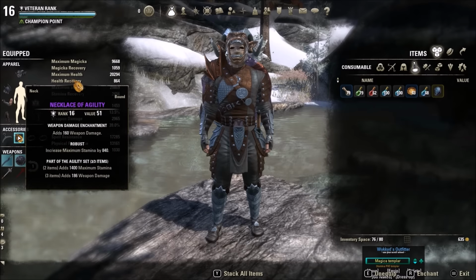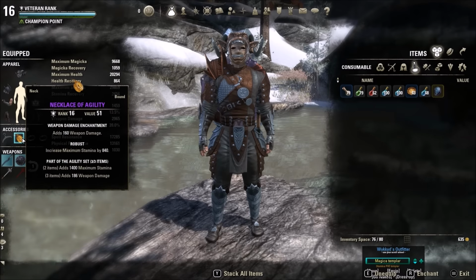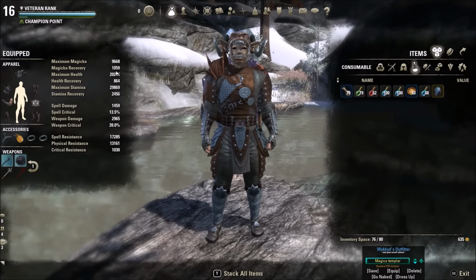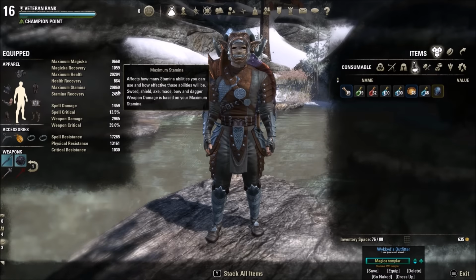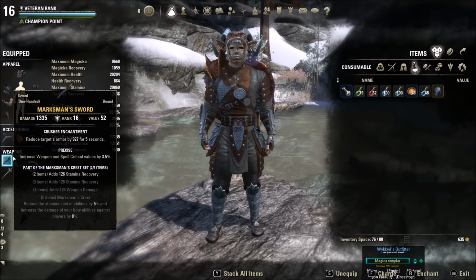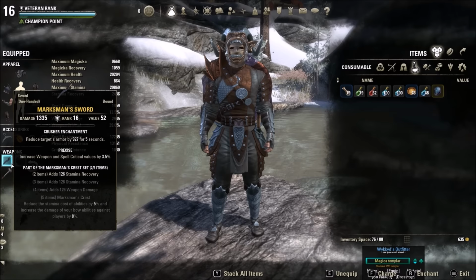And I'm running 3-piece Agility here, all enchanted with weapon damage. One of them robust and 2 of them healthy, just to keep that 20k max health and almost 30k stamina. Gonna return to that. For the sword and board I'm using Marksman for the recovery, as you can see, and